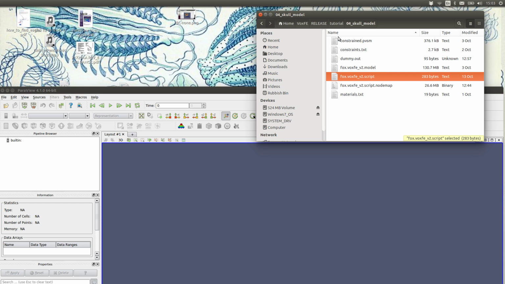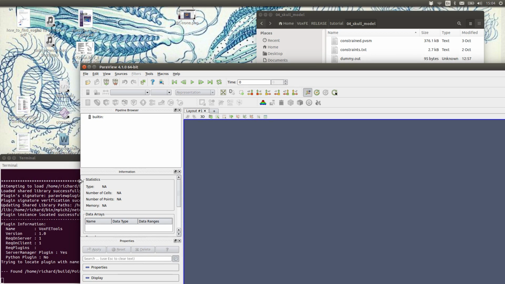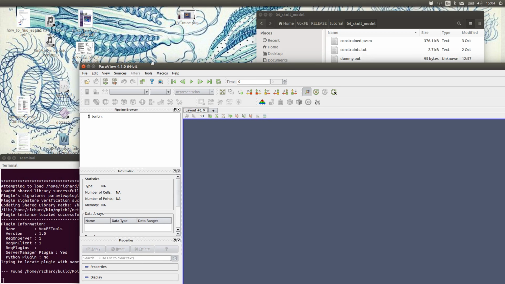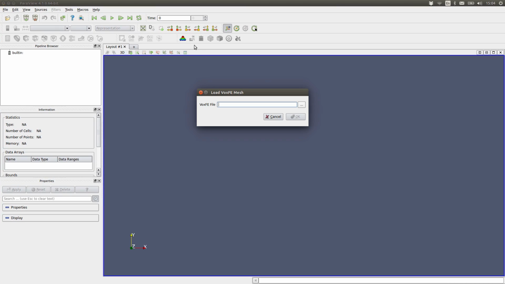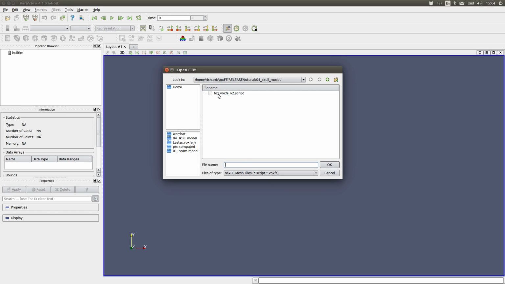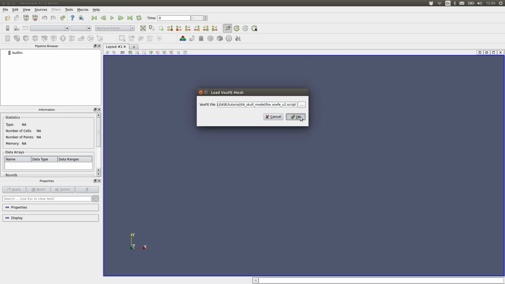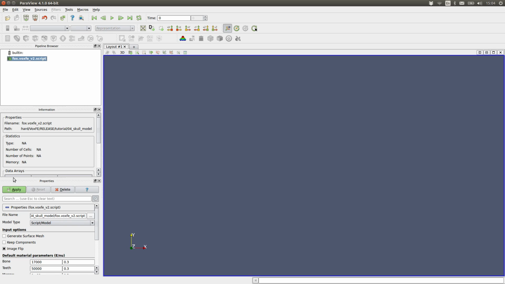Okay, so if you have your release bundle directory somewhere, kind of like here, you should have something relating to the skull model, which contains our fox skull data. All I've done here is switch to this directory, and I've run ParaView again. So if I maximize that and I go ahead and load this model, okay, using the standard VOX-FE tools,